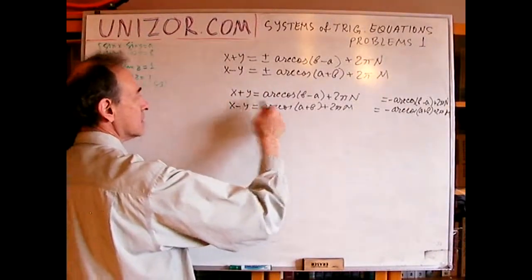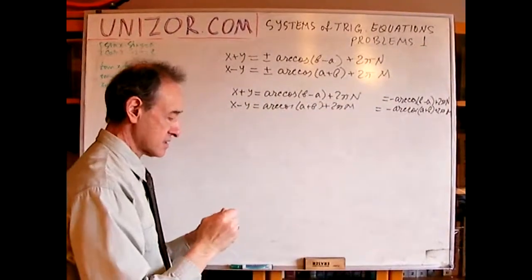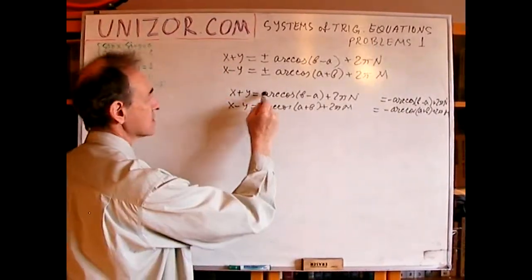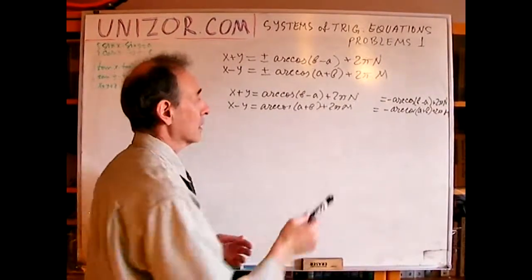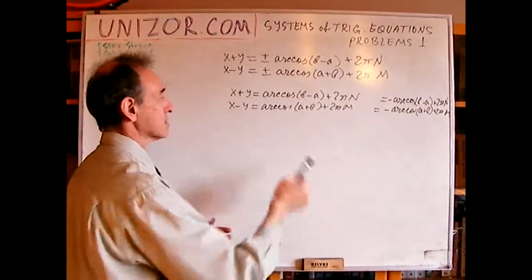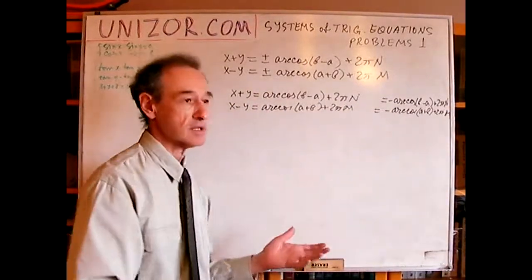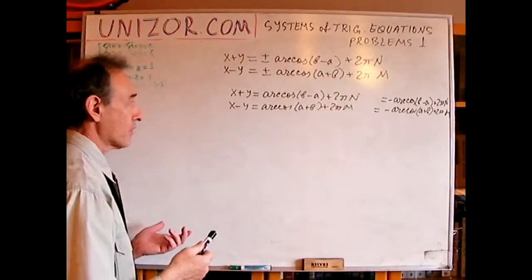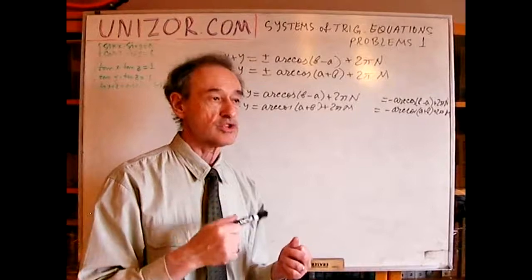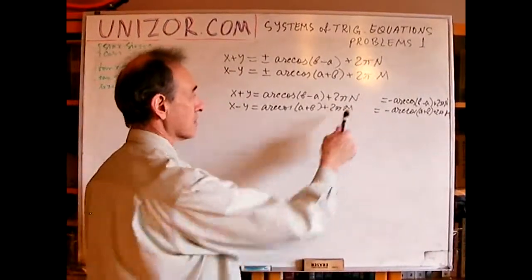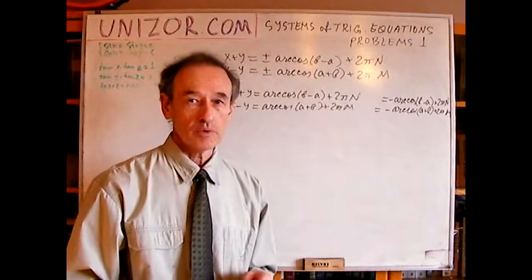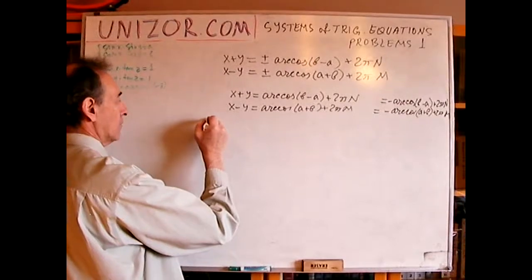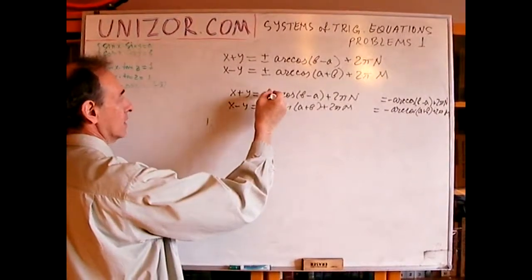Now, in these two cases, they actually should be combined into a system. So, can I have plus here and minus here? Yes. Minus here and plus here? Yes. Plus and plus? Yes. Minus and minus? Yes. So it's 4 different systems I have, and 4 different solutions, and each solution is not actually a single solution because there is this integer n or m which should be added. So let me consider, as one particular example, the case number 1 first,